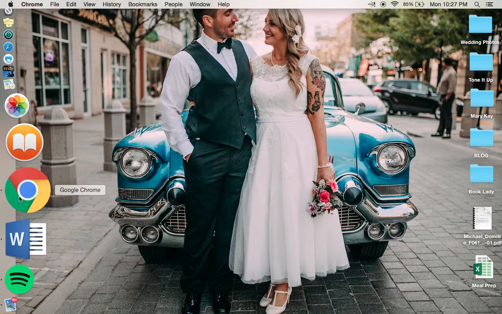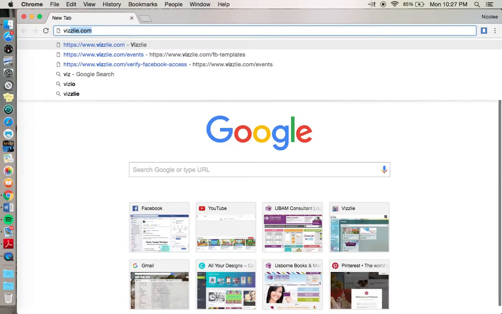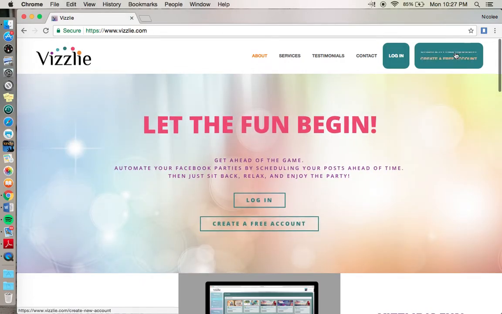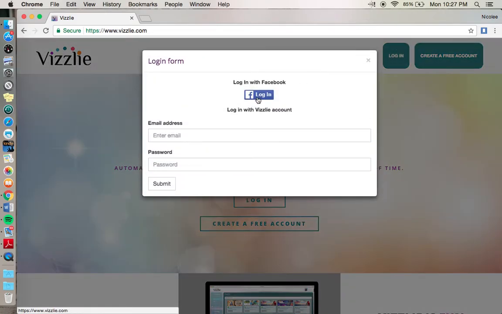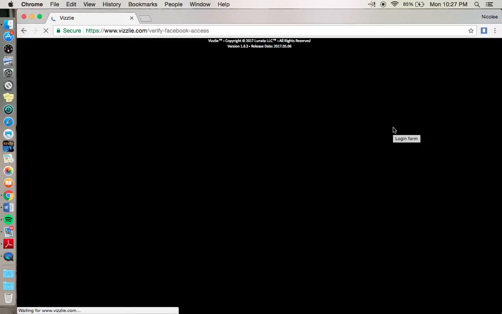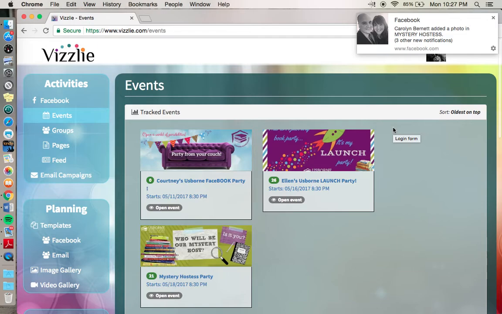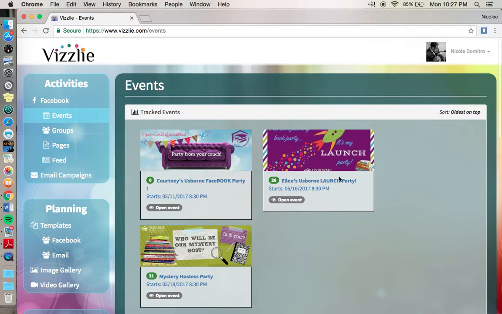First we want to go to the website, vizzlie.com. If you're going here for the first time, you're going to go ahead and create your free account. It does not cost anything to create your account here. I have an account, so I'm going to log in. Your account is free to create, and then you also get 2 free events to track a month. Or there are other options for getting paid subscriptions to Vizzlie. I'll explain a little bit of that